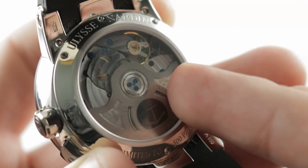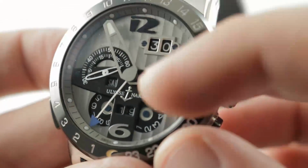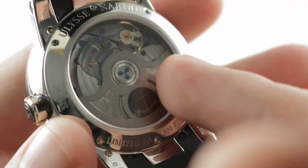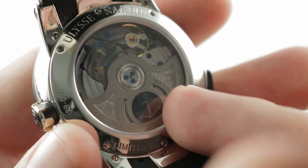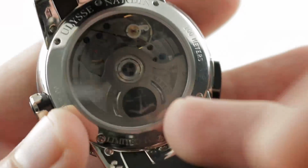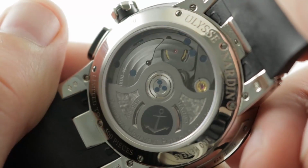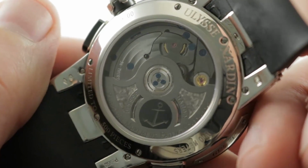It is a COSC certified Swiss chronometer, and thus very, very precise, measuring intervals as large as a decade or as short as a second. The timepiece is also attractive in that this 34 jewel movement is all Ulysse Nardin. So while the company has used customer calibers in the past, what you see here is entirely in-house, and it is handsomely finished. As you can see, that rustic finishing on the rotor itself, the fire blued screws, and